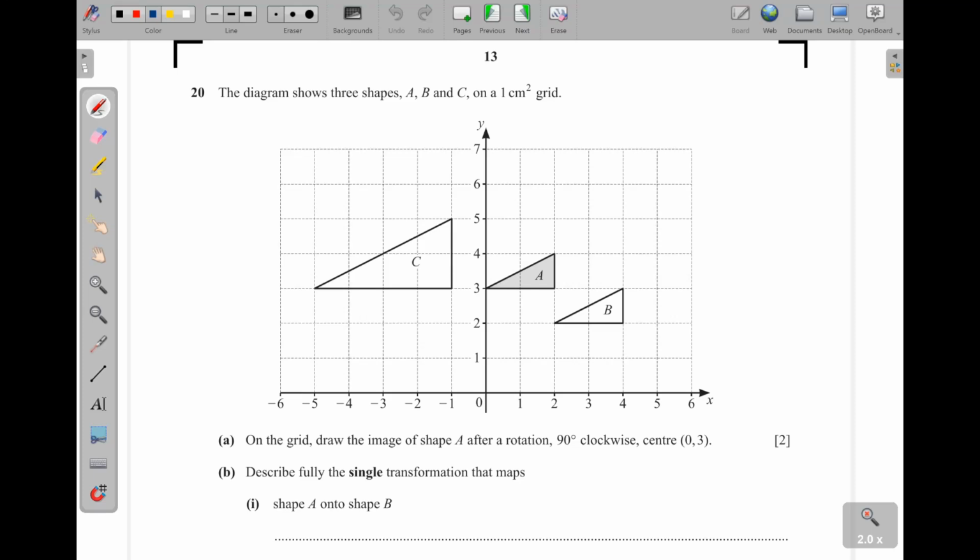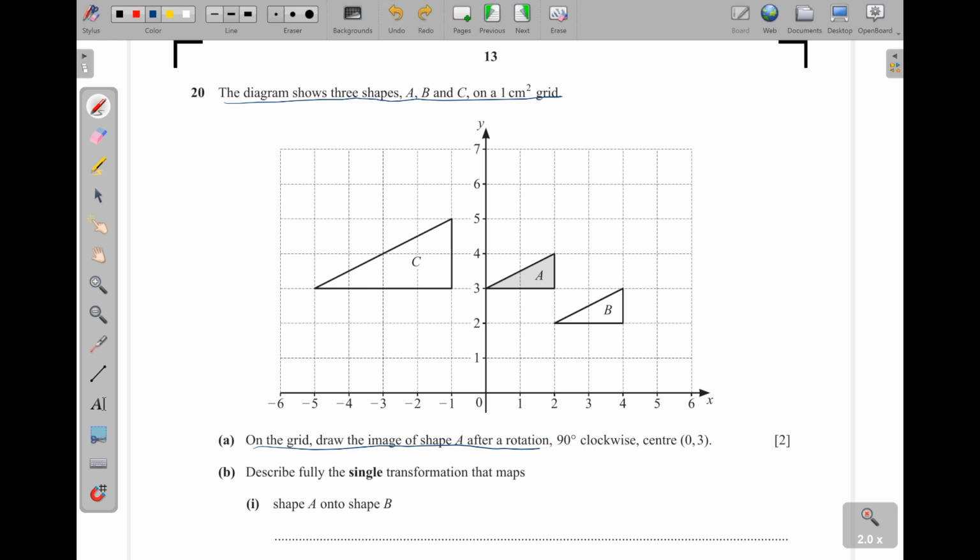Question 20 is coming from transformations. The diagram shows three shapes A, B, and C on a 1 centimeter squared grid. 1 centimeter squared grid, it means this one is 1 centimeter and this one is 1 centimeter. So when you get 1 centimeter times 1 centimeter, you get 1 centimeter what? Squared. Now, part A, on the grid, draw the image of shape A after a rotation of 90 degrees clockwise,